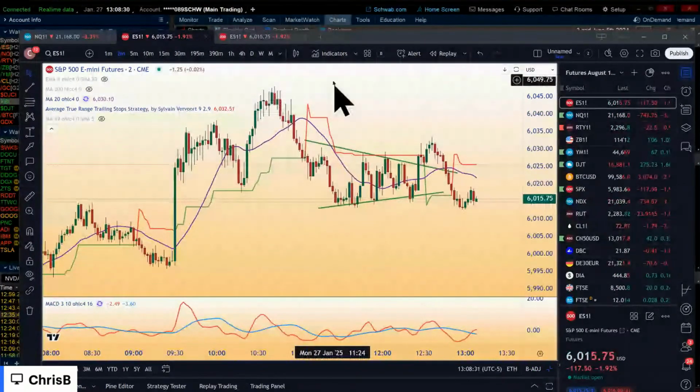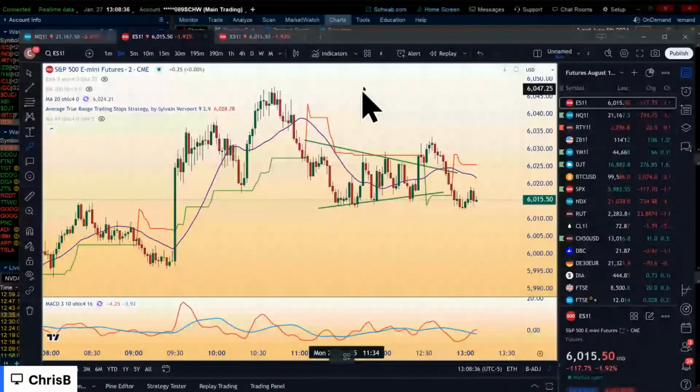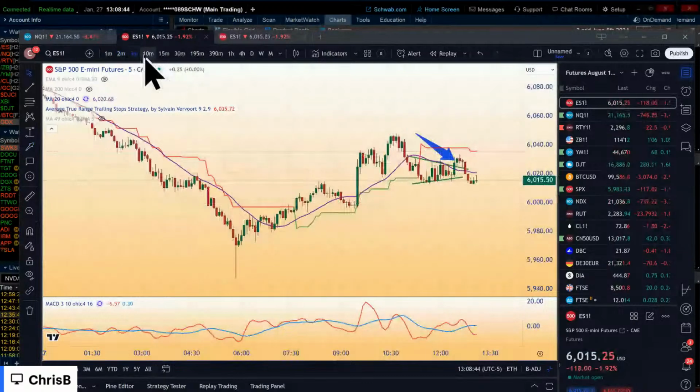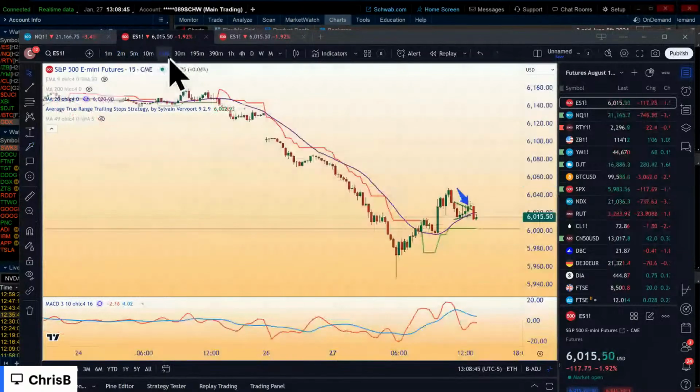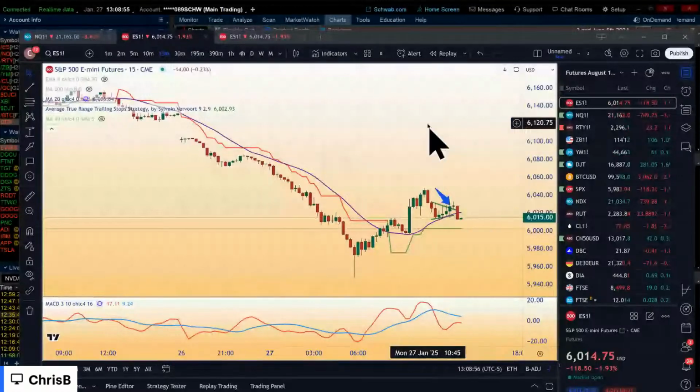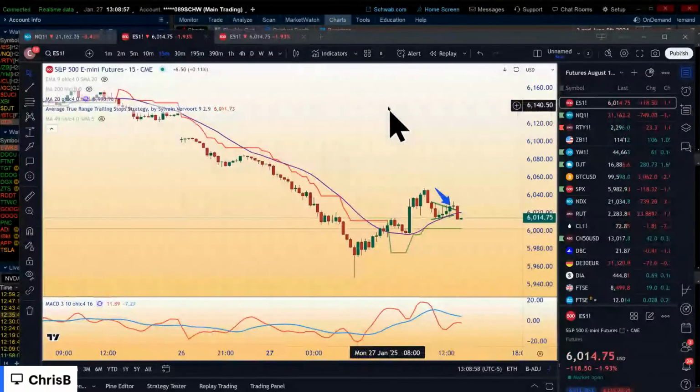Now, you might say, well, how about here? Didn't it break up? Always go one time frame farther out. So go to either a 5 or a 15. So when you see a 15, you're going to see the markets don't look so hot. In fact, you got an indecision with a follow through. So I'm just telling you that I like to go multiple time frames.